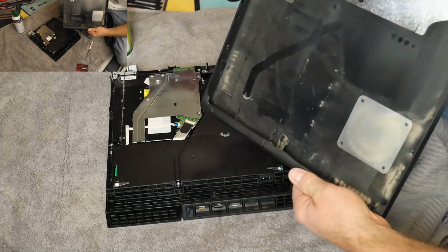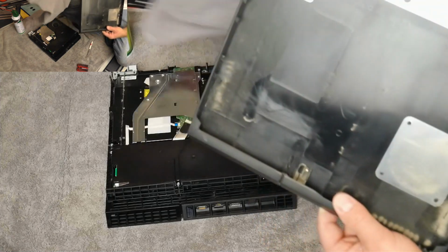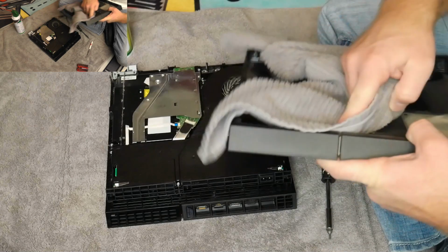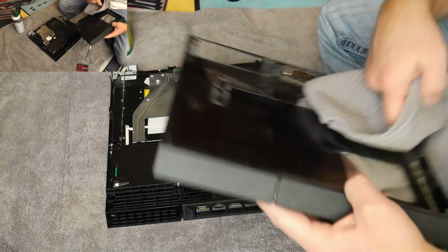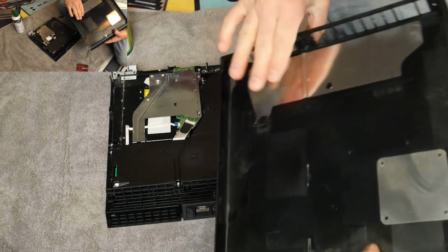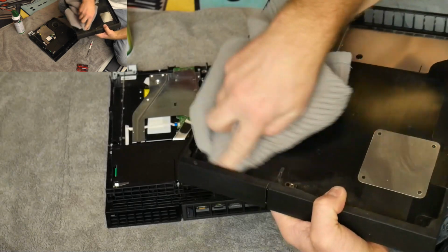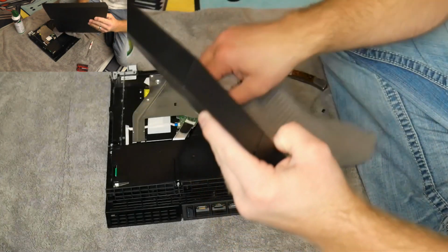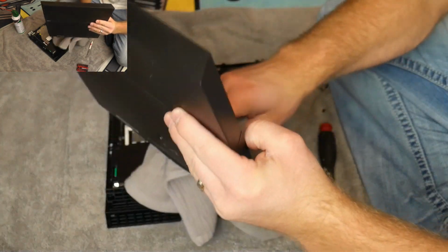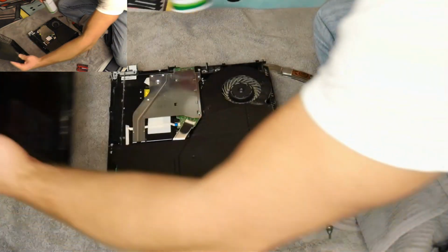So what you can do is if you want to spray it out, you can, but since this isn't really a really tight space, I would just use your towel and give it just a quick wipe down. If you want to be careful, because there are some little metal clips there that I caught. It's not a big deal, but just be careful not to catch a metal clip and break it. But other than that, just give it a nice little wipe down here. Kind of shake out some of the dust bunnies. And if you want to use your air at the end, just to kind of fully clean it out, just get a little...